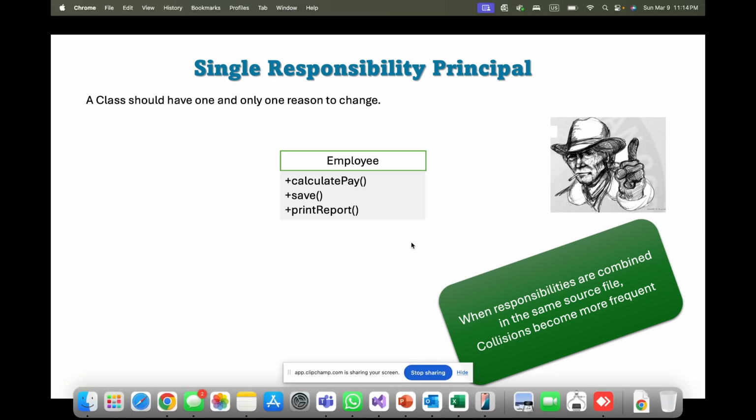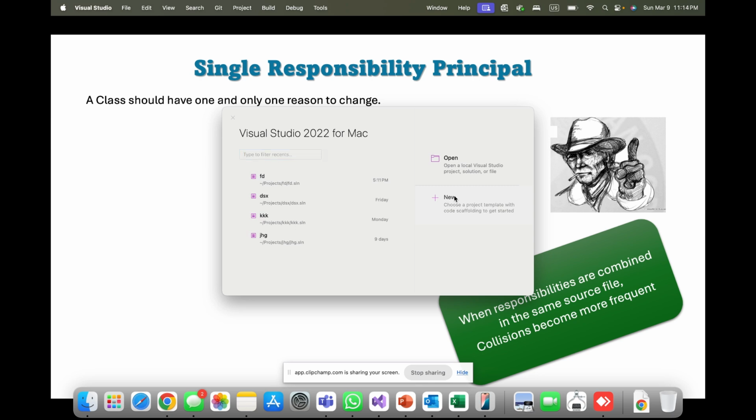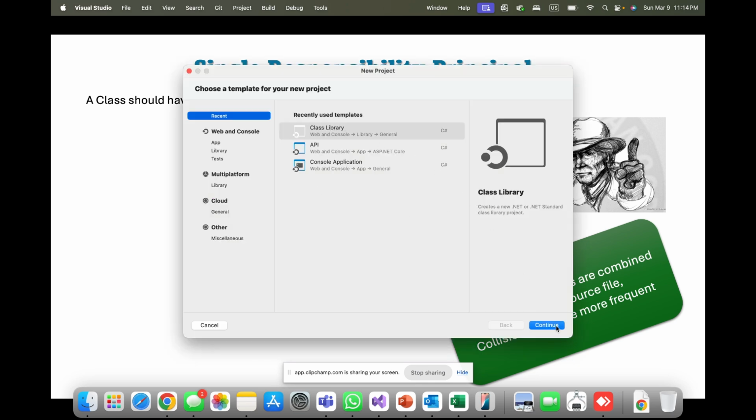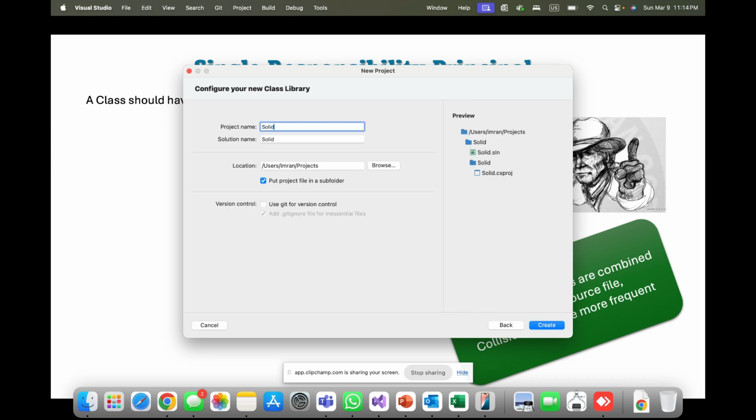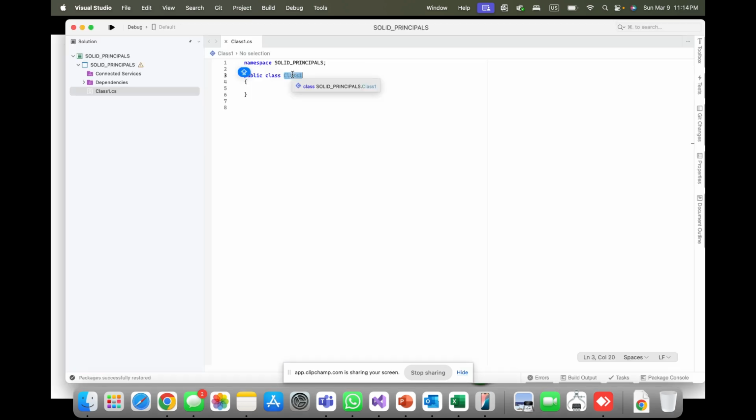And now let's build a demo for the SOLID principle implementation, and we will see that while designing the classes, writing the functions, and creating the relations between the classes, how we are violating that principle. So first I will create a new project here. I will choose the class library, right? And then I would say solid_principles, right? And I will create a project,